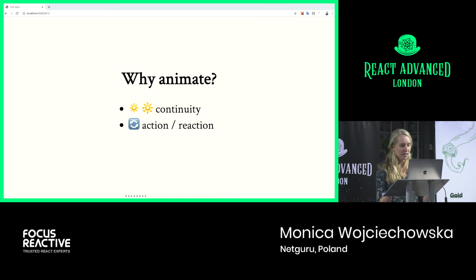Another situation where it can add value is when we have a reaction to a given user action. So in this case, it's a communication of cause and effect, that if we do something and something else happens, we know that there was a relationship between what happened and what we did to make that happen. And related to that is a communication of motion. So this is just a clue that something is happening. So for example, a loading component should signal to the user that something else is happening in the background.